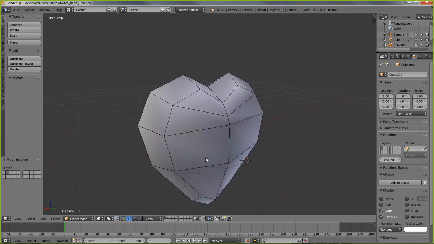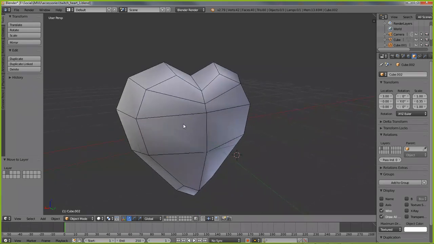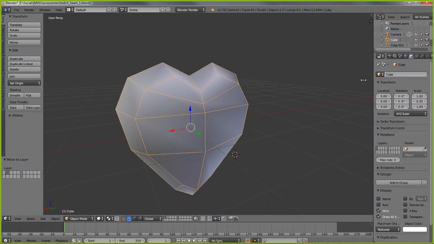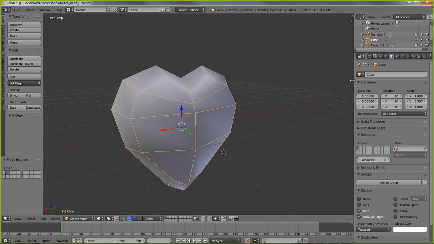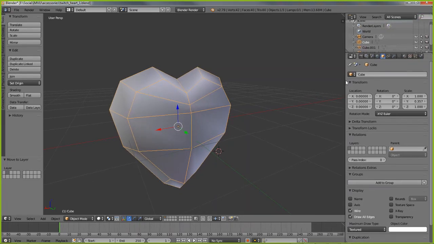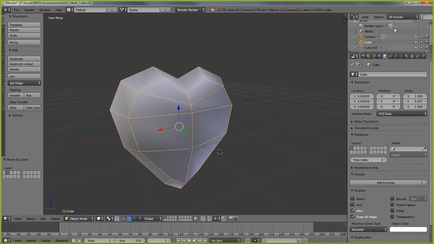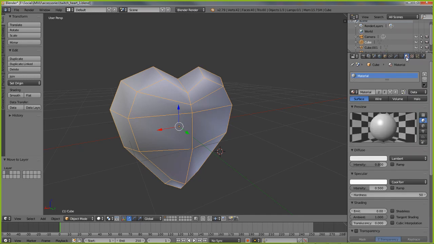So next thing to do is to assign a material. So right click, select, and you can change the size of your panels. Move the mouse over a border between panels until the double-headed arrow appears, and then left click drag and that resizes. We want materials, so that's material properties,